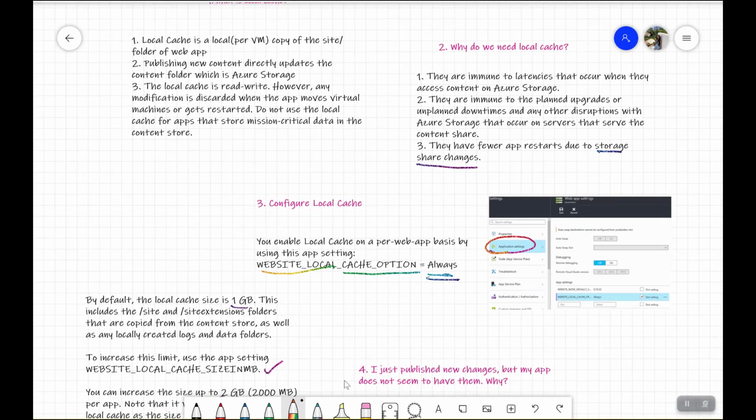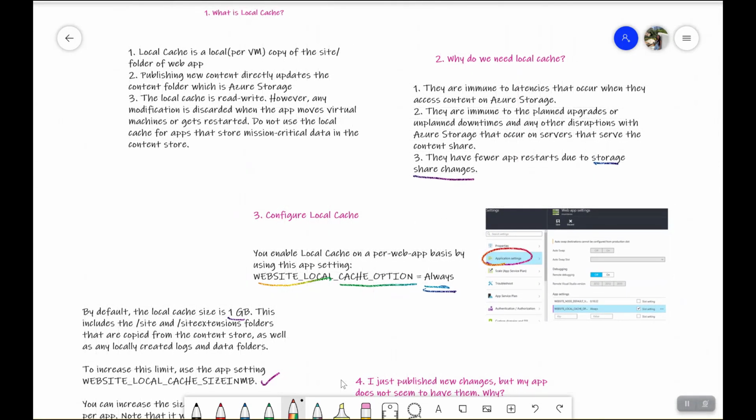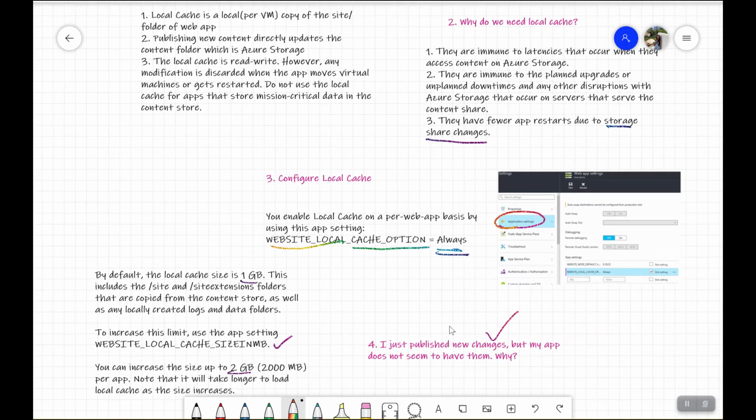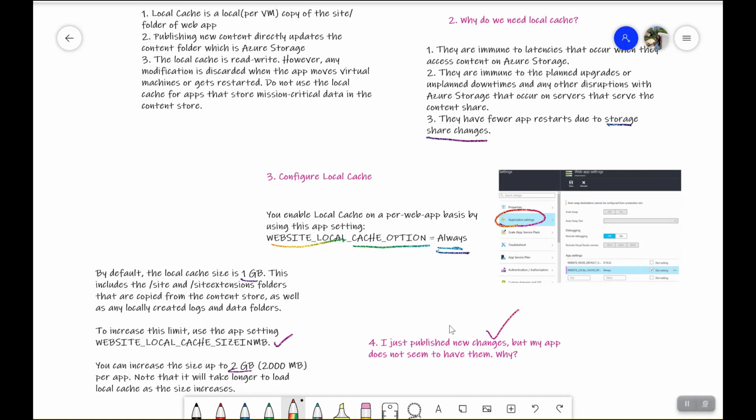There is one issue which you might see frequently, and the developers might see this issue frequently, which is: I just published a new change, but my app does not seem to have them when I browse it. It may be because you have the local cache option set to Always.